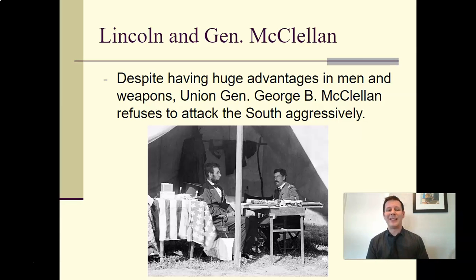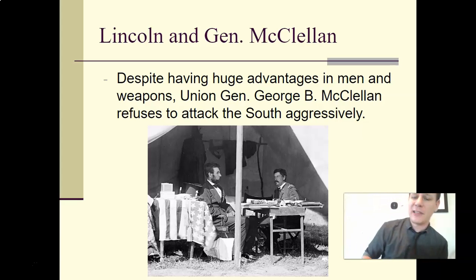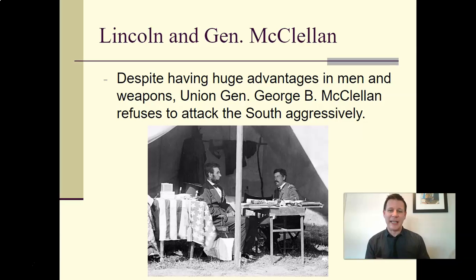But one reason the North struggles is they have a really hard time, like I said, finding good generals. Specifically, Lincoln gets stuck with one guy named George B. McClellan. You can see him right there in this tent. McClellan is young. He's an up-and-coming guy in the military. Since no one really has much experience, he's kind of as good as anybody, and he does a good job of training those soldiers before the Battle of Bull Run. He's very good at discipline and drilling men, but really not good at leading them into battle.